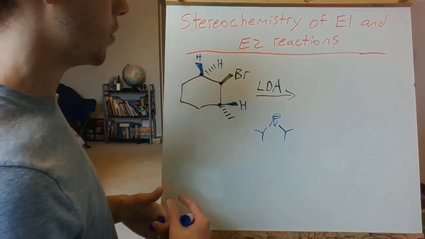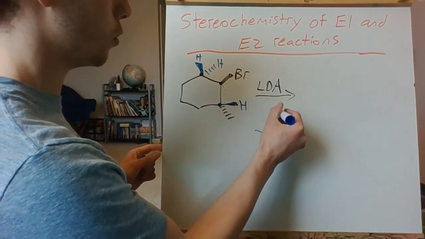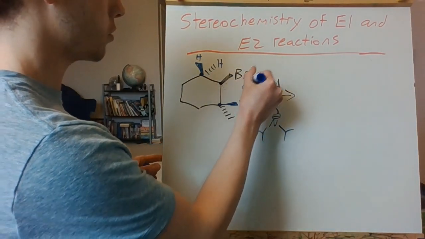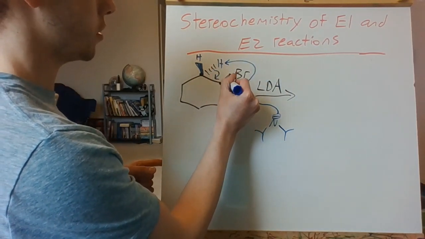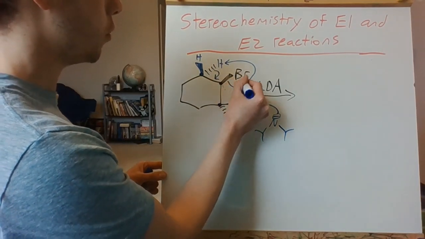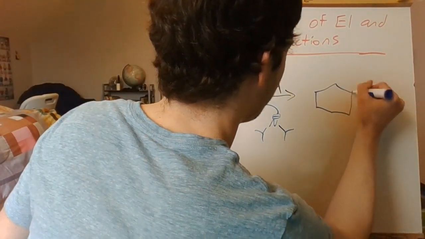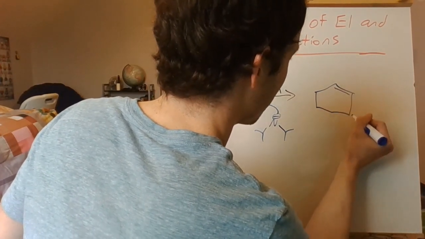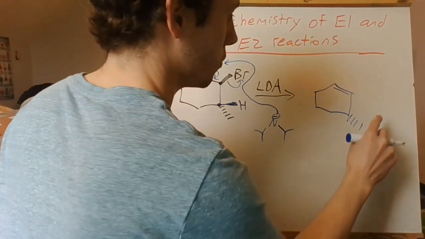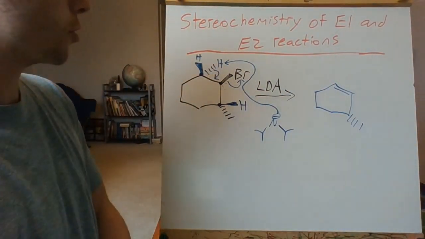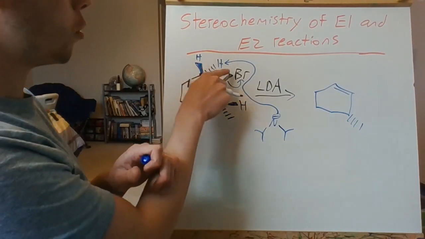So now that we've identified which hydrogen we're pulling off, let's draw our mechanism arrows. And so we draw from our electron rich, grab our hydrogen, move those electrons down to make an alkene, and we kick off our bromine. So our final product would be this molecule shown here, where we have not touched this group over here, but we pulled a proton